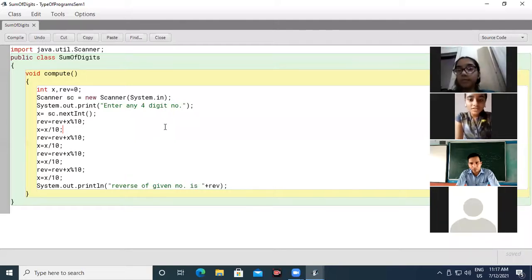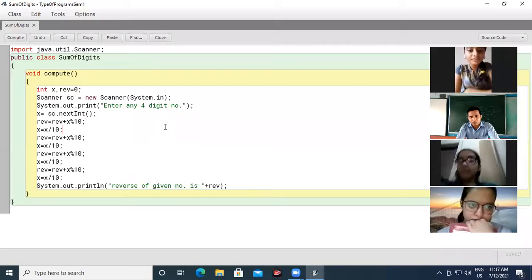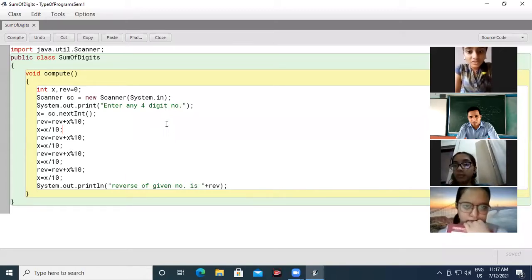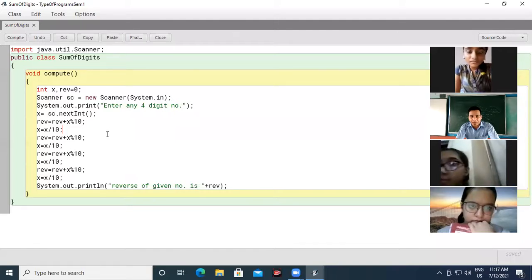In a normal Scanner class program, like in the last program, we wrote number is equal to whatever the number is. Sir, if it is a double value, then also we write sc dot nextInt? If we want the value in double, we convert it because we have to perform some mathematical function, and for that a double kind of value is required.